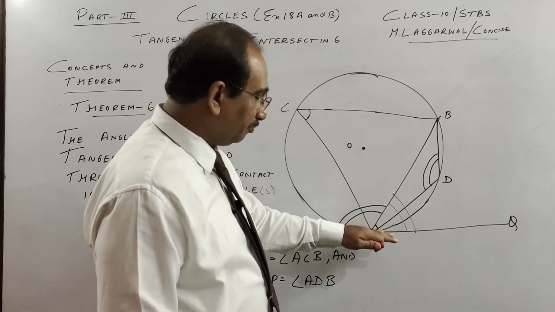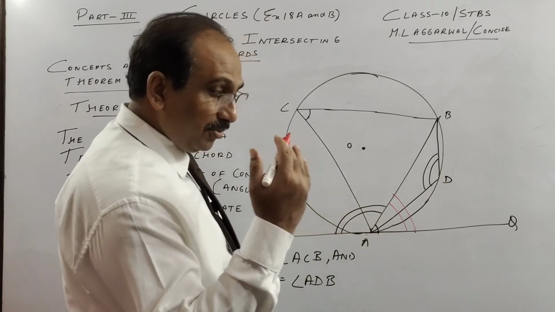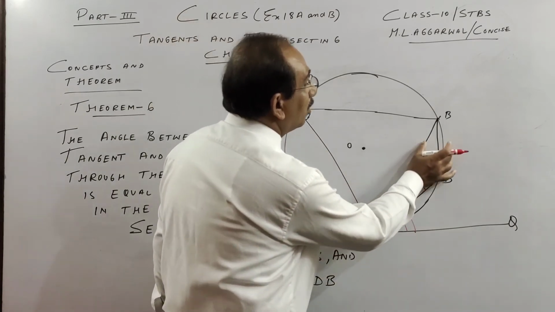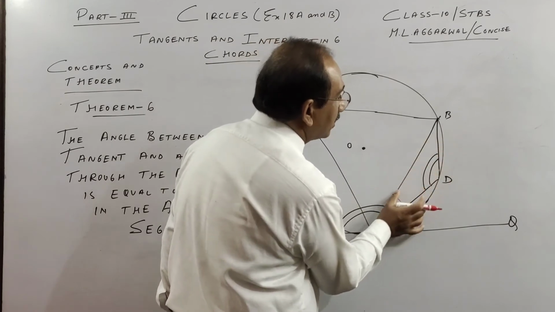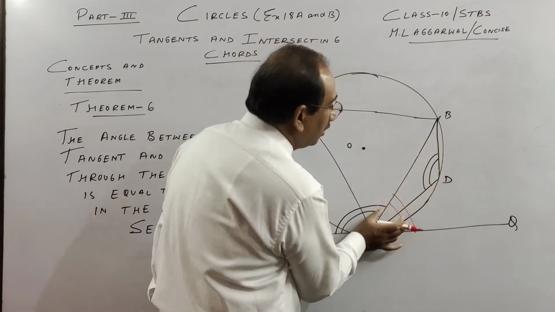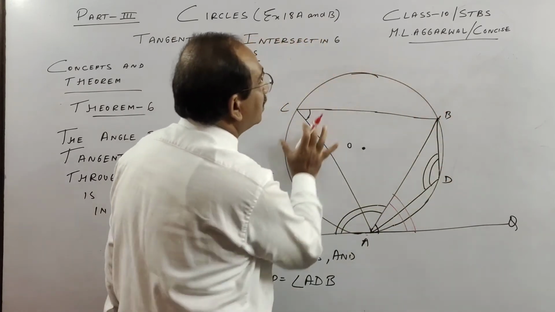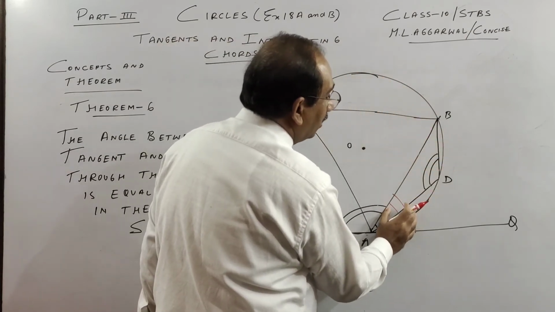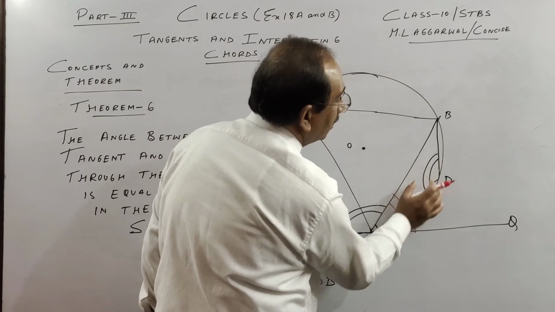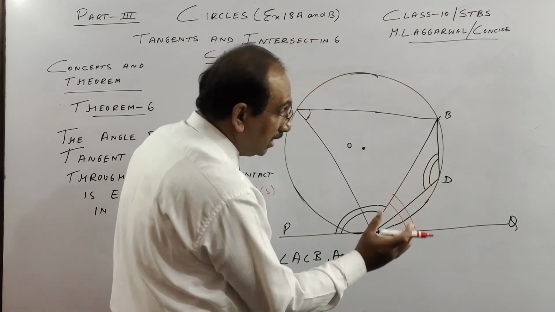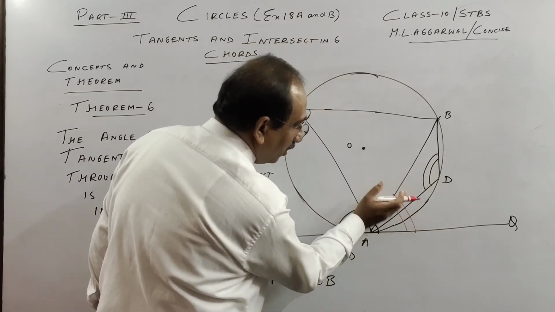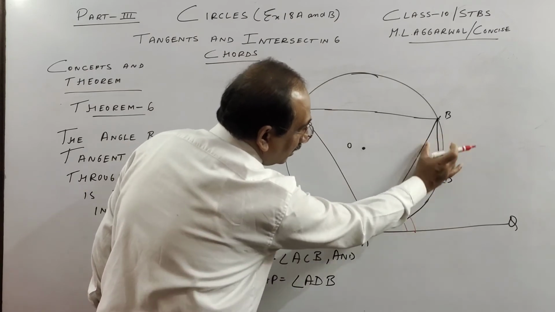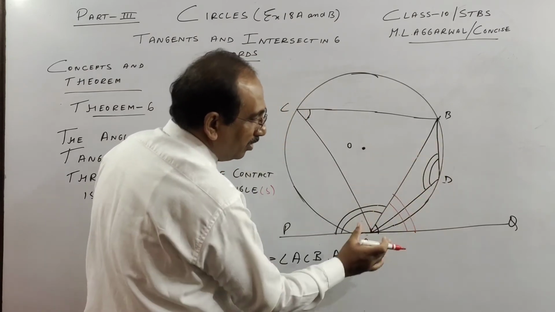Already in my first video I've told you this is called the minor segment. If you see full this area, I'm not shading, this area is called minor segment, and this full area is major segment. So since this angle is in the minor segment side, which angle? Between tangent and the chord, it is in the minor segment side. This is minor segment. See part 1 of my video.